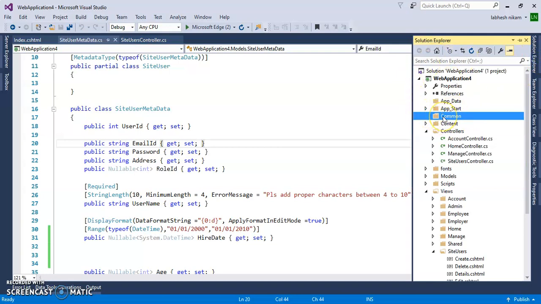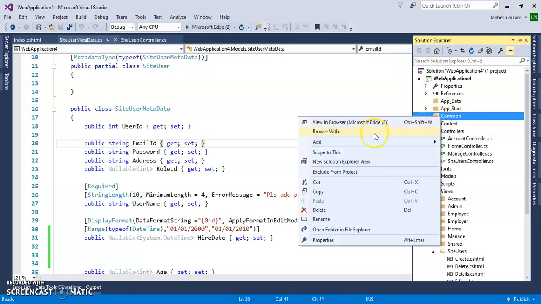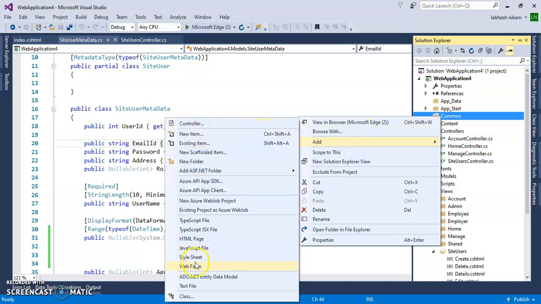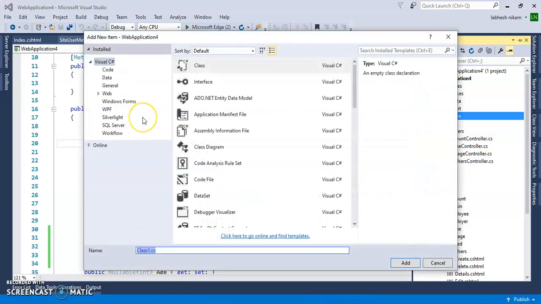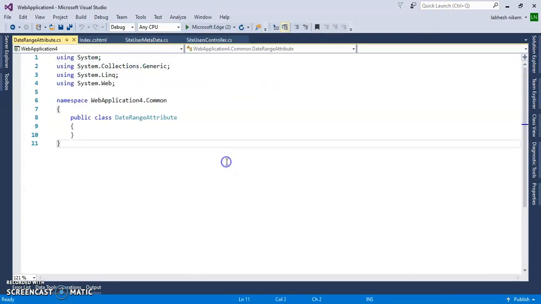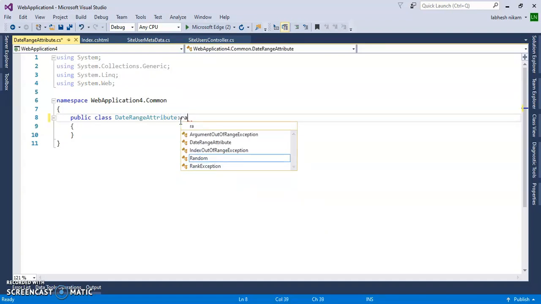I have created one common folder, and inside of that I will create one class named DateRangeAttribute. This DateRangeAttribute will inherit from RangeAttribute.